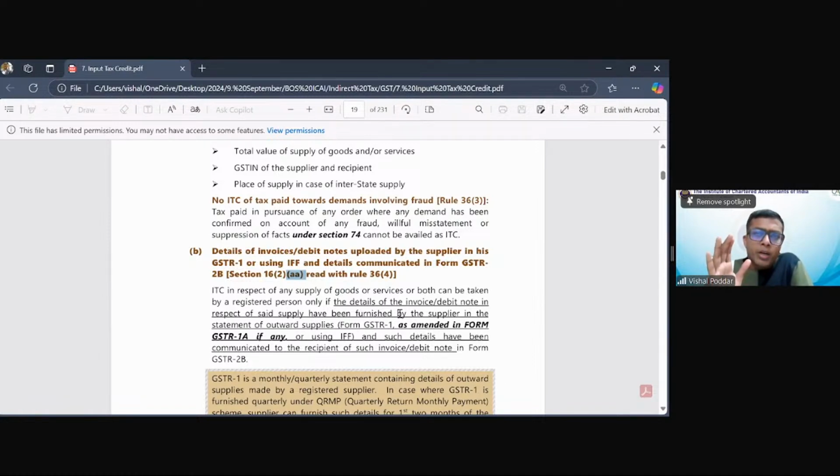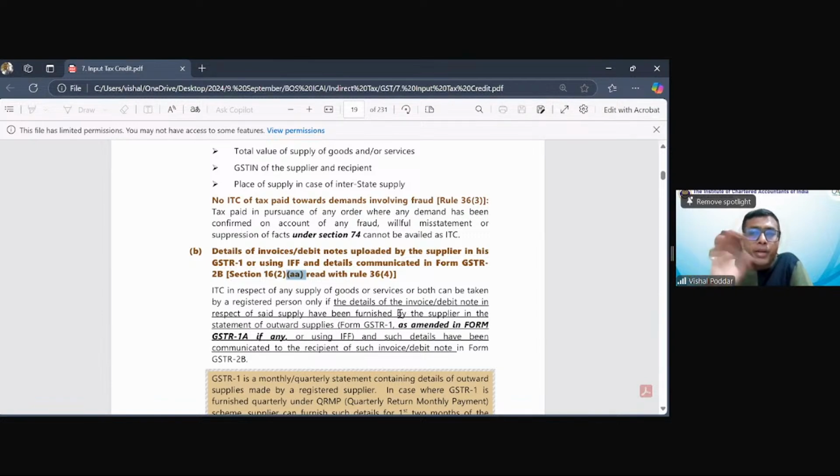It cannot be restarted now because that has been removed from the law. But if you remember, I mentioned that when the supplier files GSTR1, whatever sales he is showing in his GSTR1, if the sales are made to you, it auto-populates in your portal in GSTR2A. So 2A is like your purchase return. One is your sales return, 2A is your purchase return, but not created by you; the purchase return is created automatically. That is why it is 2A.